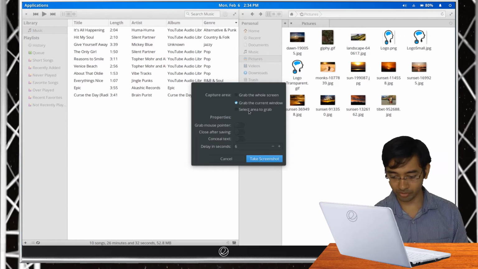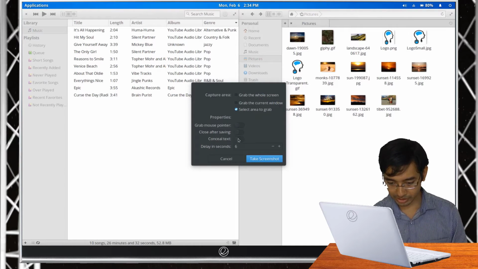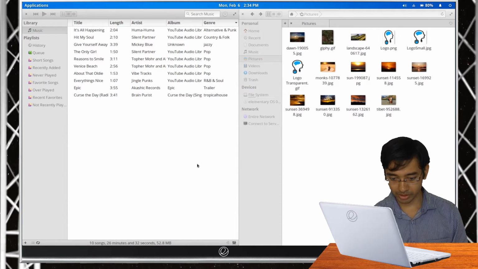Or you can define a customized area that you want to capture. One cool feature that I like very much is this conceal text feature. When you enable this, all the text in that particular screenshot becomes illegible. It replaces the font. Suppose I select this area, and